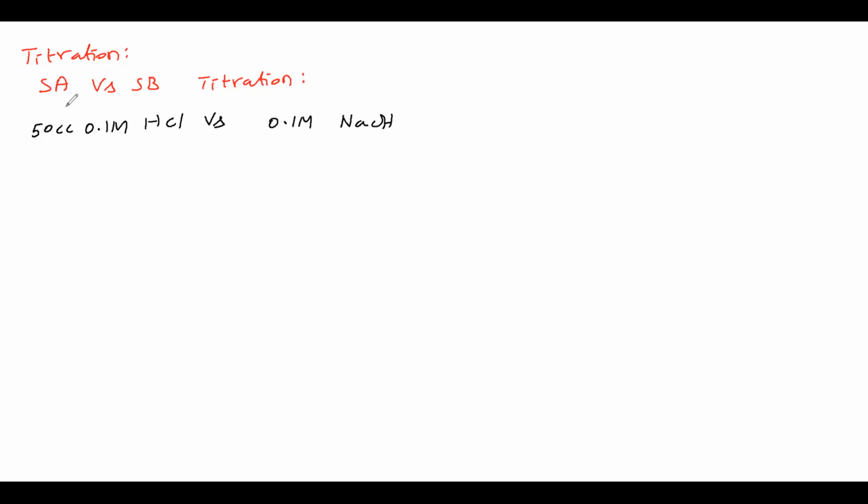Why have we taken the concentration of both? What is the use of titration? One concentration will be given, and the other concentration we have to find. That is called titration. But in this case we have taken the concentration of both the strong acid and the strong base. Why? Because we want to know which acid-base indicator is suitable for this titration. So for this titration, which acid-base indicator is suitable, that we have to see.